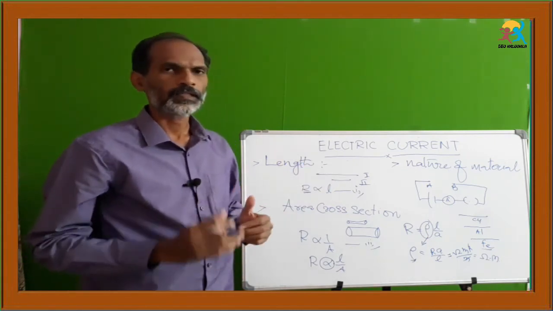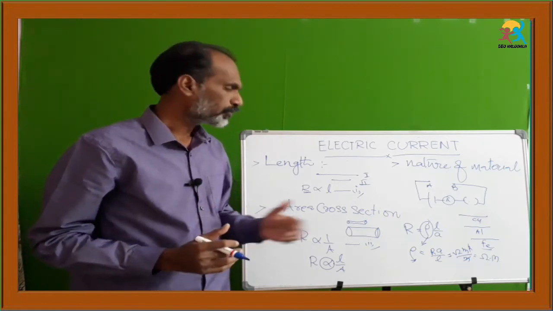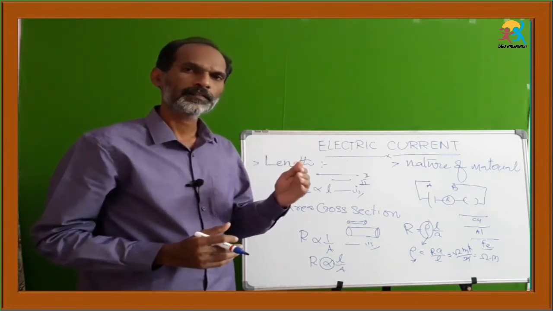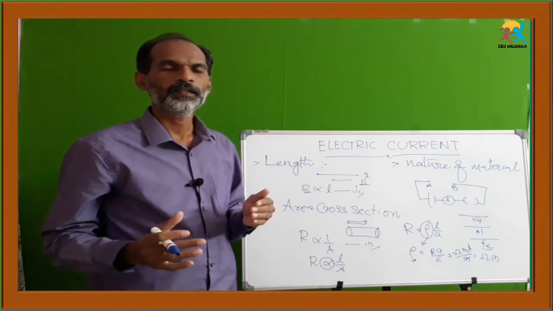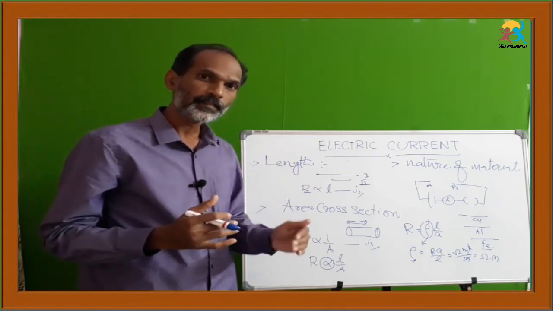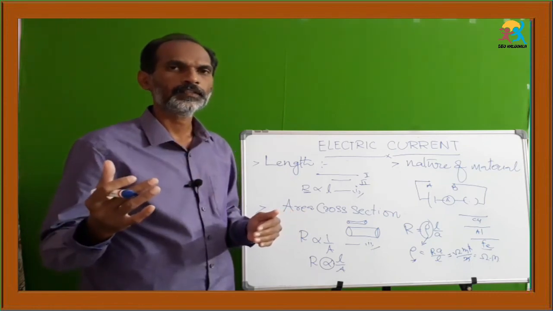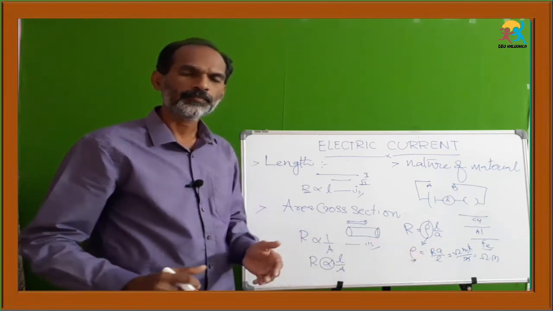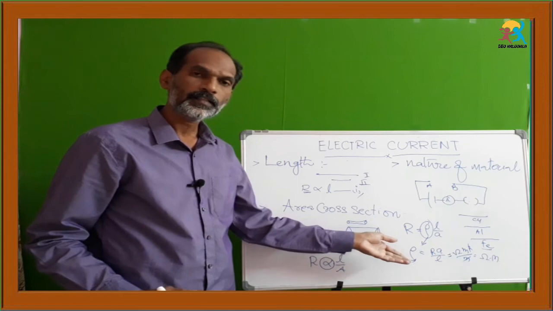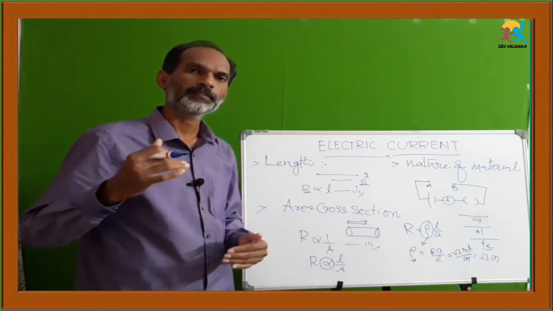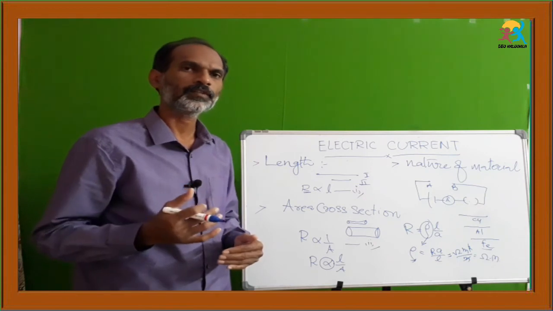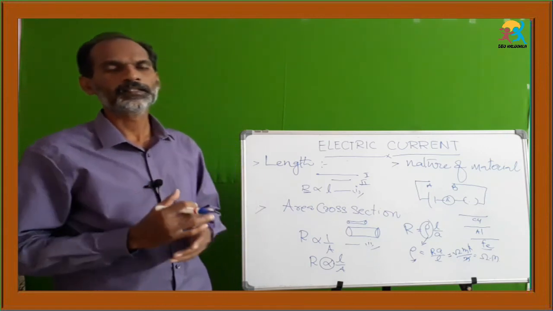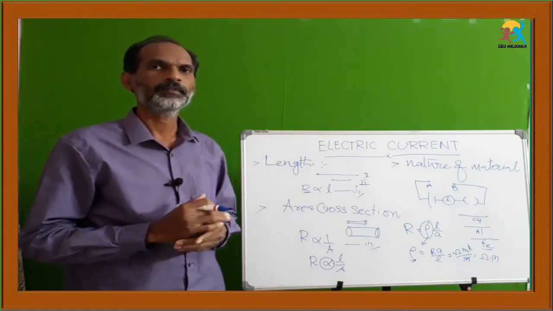And we talk about conductivity. Conductivity is the opposite of resistivity. If a conductor has more resistance, it has less conductivity. If a conductor has lesser resistance, it has more conductivity. If the resistance of a given conductor is more, its conductive capacity is very less. If its resistance is less, the conductive capacity of that material is more. So conductivity is always the opposite of the resistance of the given substance. These are the factors that can influence the resistance of a conductor.